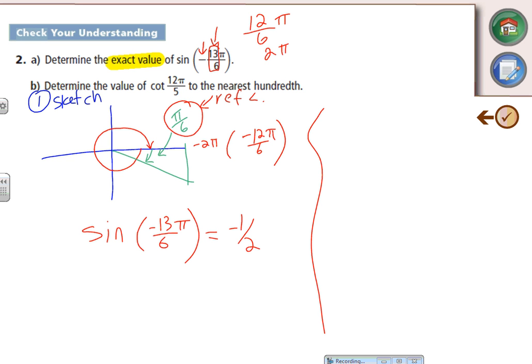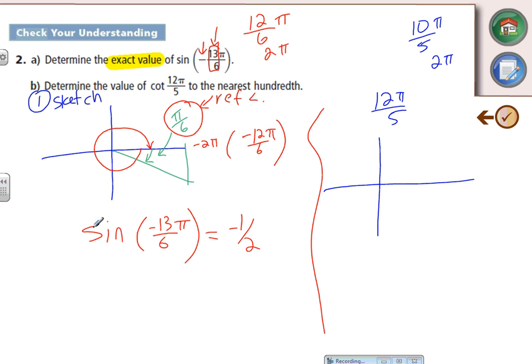Determine the value of cotangent 12 pi over 5. Well, let's first of all find tan of 12 pi over 5, and then we'll flip the answer that you get. So follow the same process. 12 pi over 5, find the closest multiple of 5, and that's 10 pi over 5. 10 pi over 5, that's 2 pi. So I know I'm close to 2 pi,